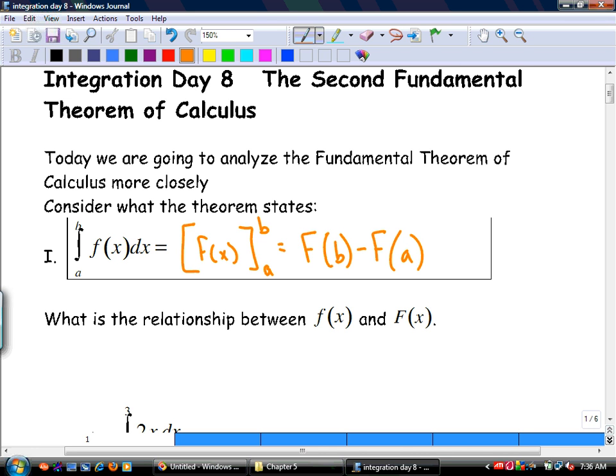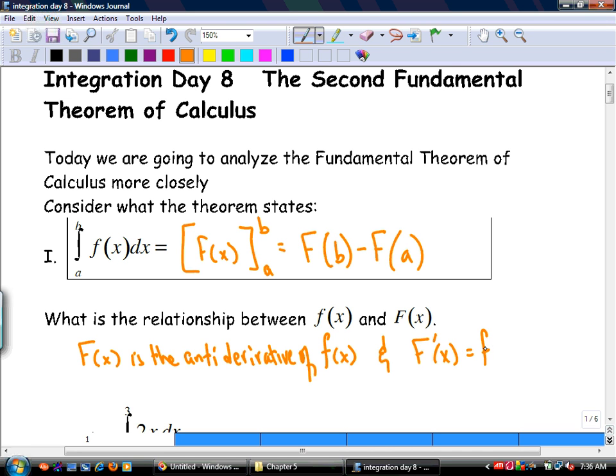Now notice that big F of x is the antiderivative of little f of x, and F prime of x is little f of x. That's the relationship that we need to